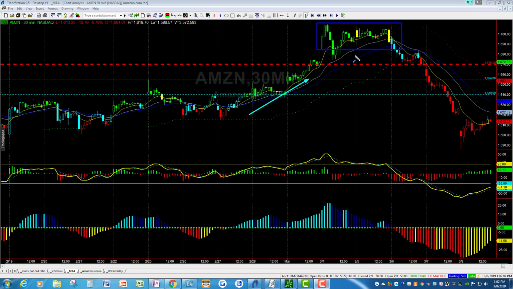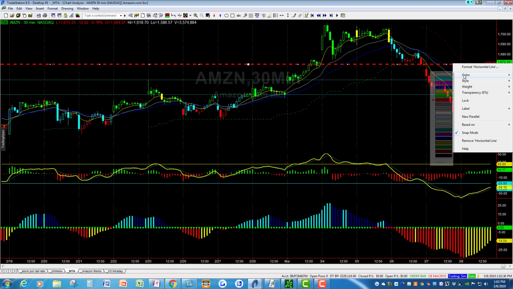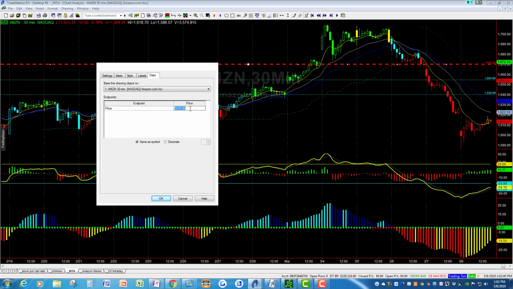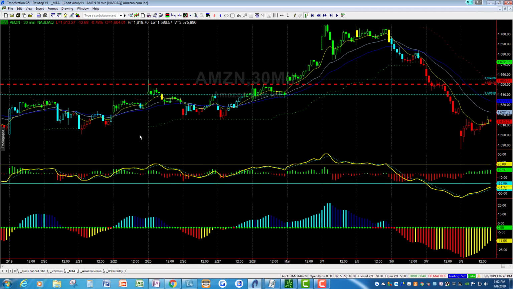But when we sold this, at this point, we went ahead and we sold, let's see, right here, we sold the 1650. So let me get rid of that and let's show you where this is. Let's format that horizontal line. Let's put it down where our short strike was. It was like a 1650, 1645. So we're down here, right? We're back below this overall protective support line, and we have everything moving up in our favor.